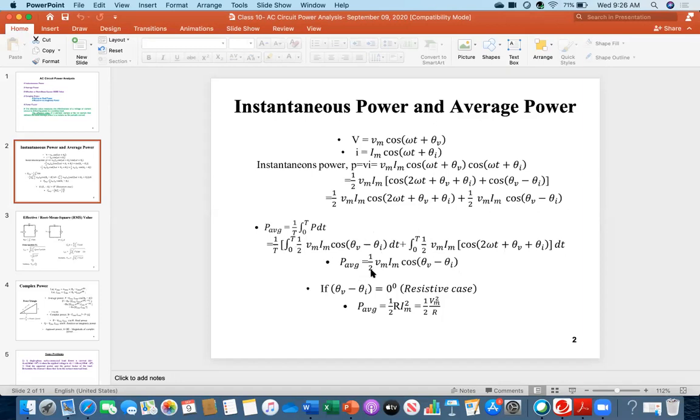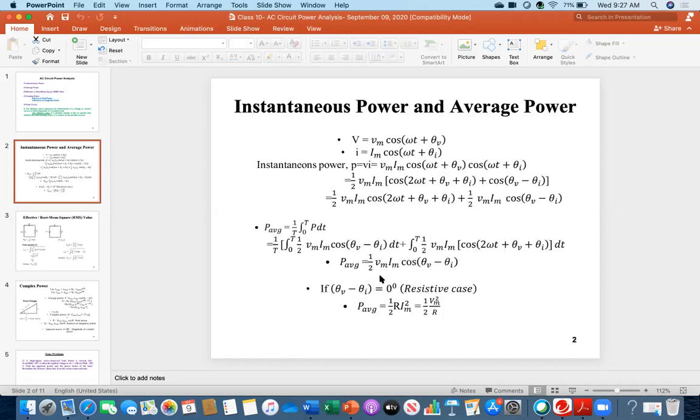Therefore, now see the average expression. It does not have any time domain function. It is independent of time. So therefore, this makes sense. That's why in AC circuit, when you will be solving numerical problems, dealing with voltage, current, power quantity, in most cases, you will be using this expression. There are other expressions that I am coming to soon, but mostly you will be using this expression.